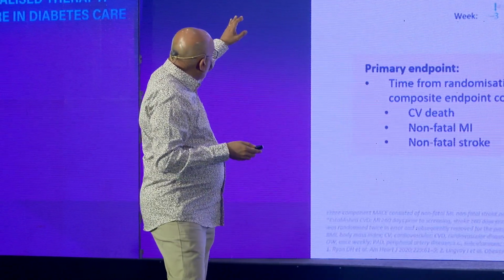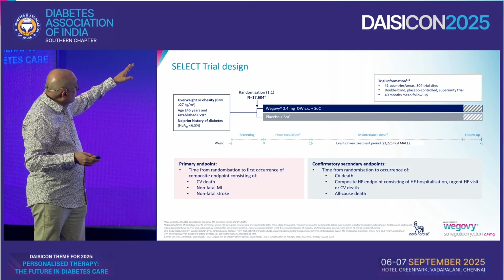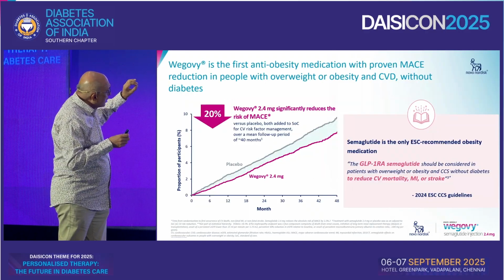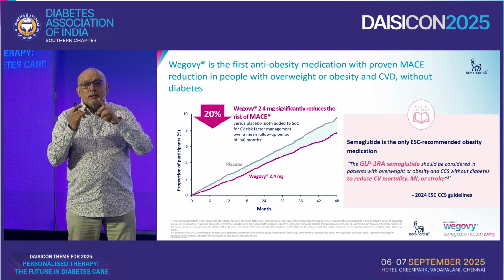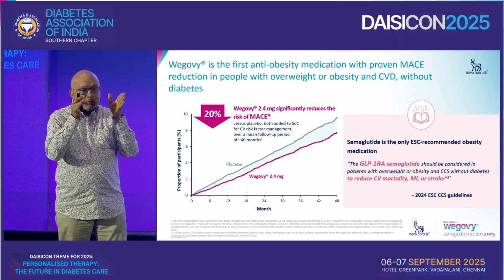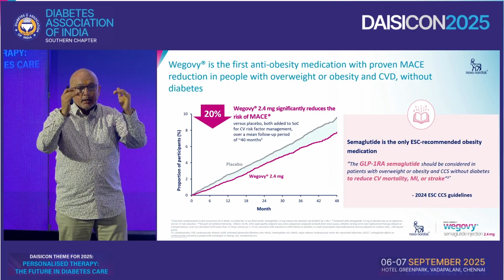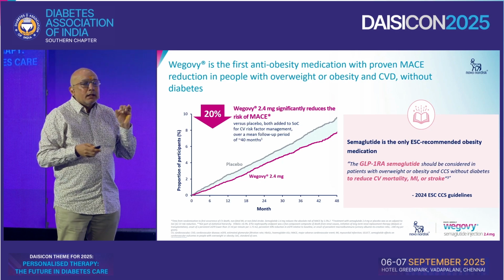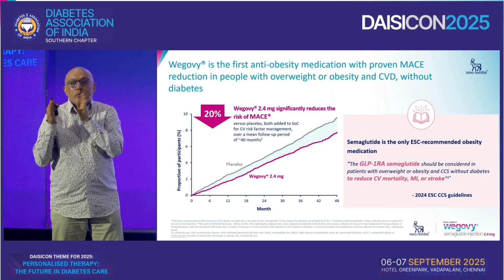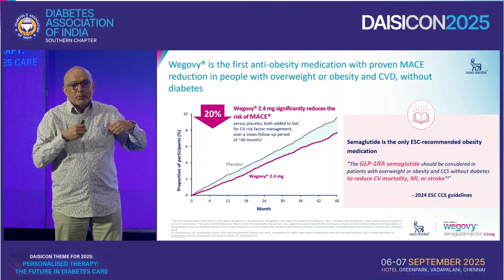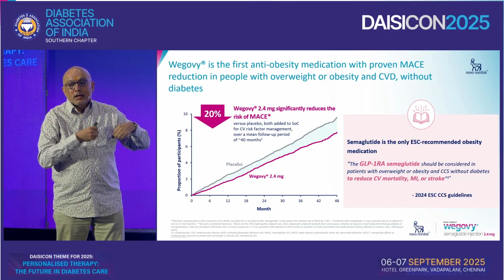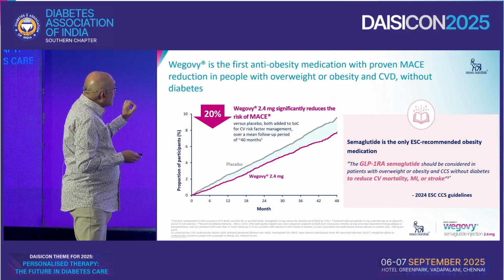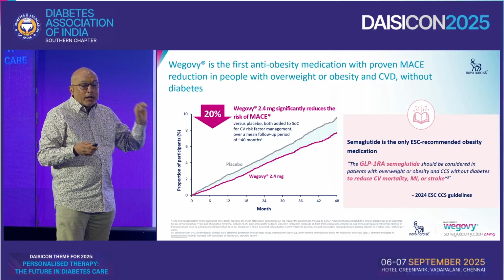Remember, these are overweight patients who were randomized to 2.4 milligrams of semaglutide versus placebo. And what is interesting is two things. One, there is cardiovascular benefit. In patients with established cardiovascular disease, weight loss improves outcomes. Second, the benefit occurs even without substantial weight loss. Meaning, remember I said these drugs are present in the heart, the receptors are present in the heart and other places. So there are off-target benefits that improve these outcomes irrespective of the weight loss.